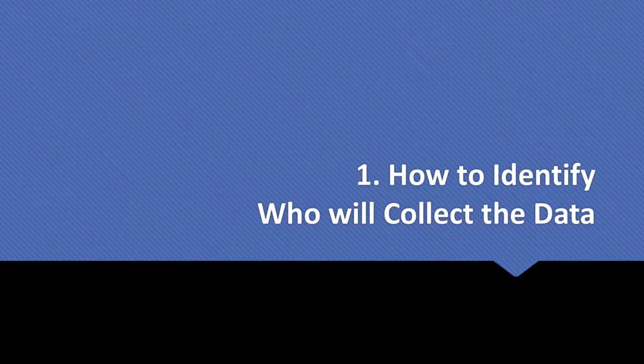Number 1, how to identify who will collect the data. Select the person or people responsible for data collection. Data collectors can come in the form of program staff, AmeriCorps members, or volunteers. There are also many roles in working with data such as collection, analysis, and reporting. The individuals who are responsible for data collection should also have access to the sources and instruments, ideally are qualified or experienced in collecting programmatic data, and are as objective as possible when administering the instruments.